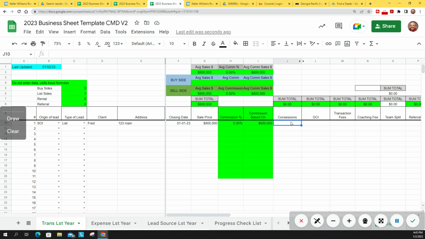So if there was a concession on the property and your commission was based off of the net versus the gross, you'd put that in here. If there was no commission or the commission was paid off of the gross as it is in this example, then we would not put any concession in because it does not relate to our getting paid. So here we're going to go 3%,